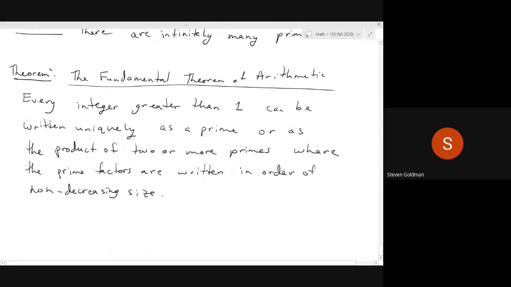In other words, the fundamental theorem of arithmetic tells us that every integer greater than 1